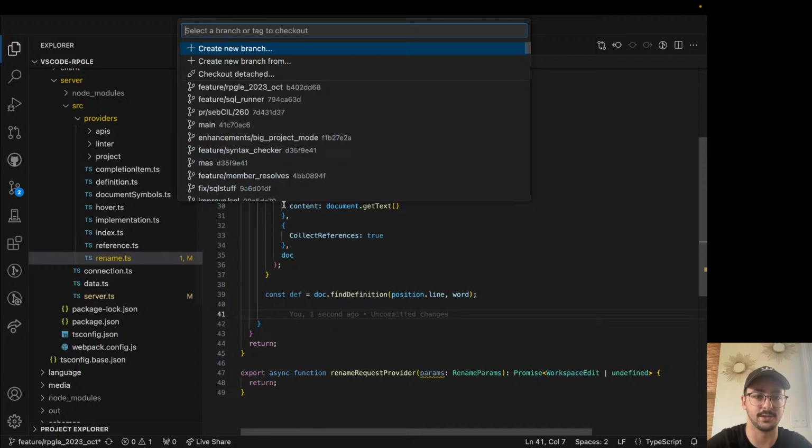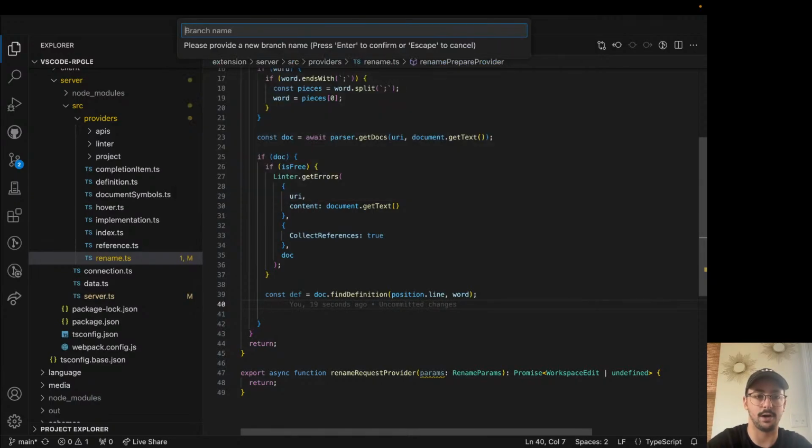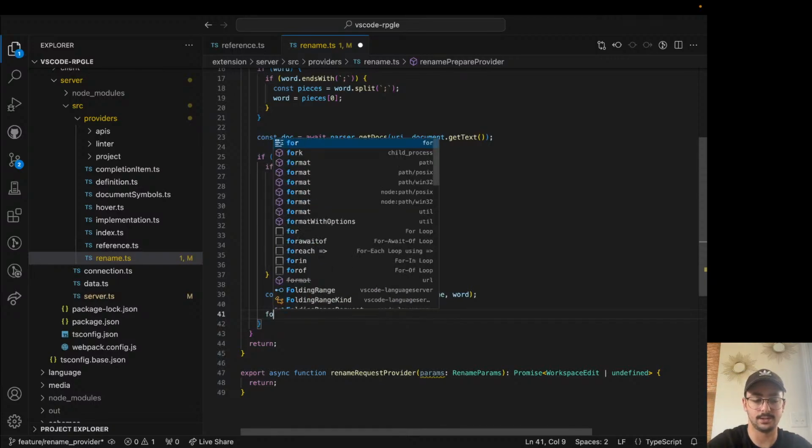In fact, I'm doing this in the wrong branch. So maybe I'll come out to main, create a new branch, rename provider. Because you can do the rename at any point in this. So let's do